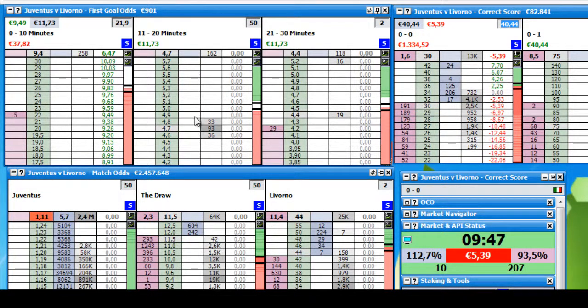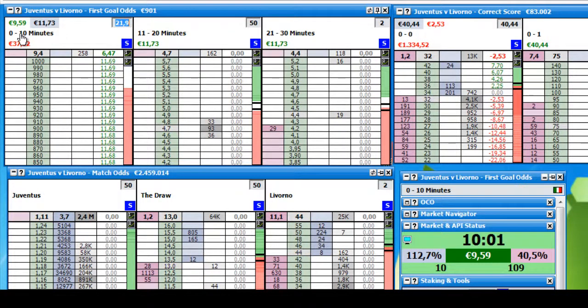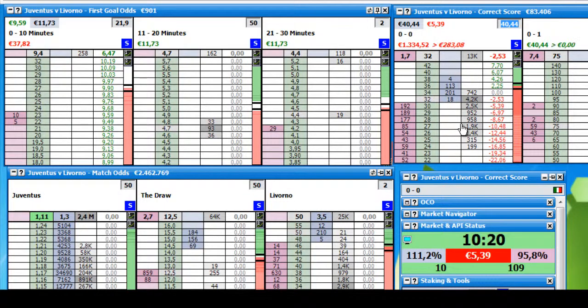Well, we can see in just a few seconds that here the odd will go up to 1000, and it is no longer possible that this result will happen in the first 10 minutes. And now the advantage is that I can wait, if I want, up to the odd of 27, so that I make a minus of 10 euros. And if a goal happens, I will win both markets. Okay. And this is also a big advantage with games like this.